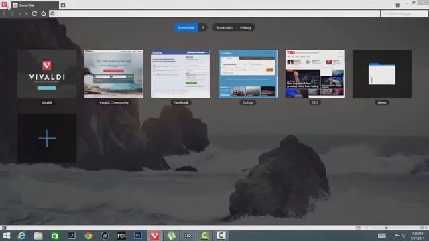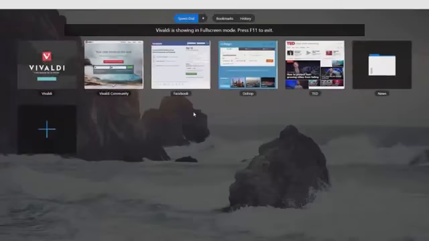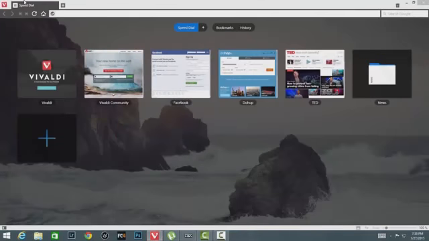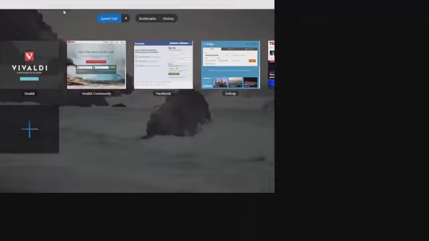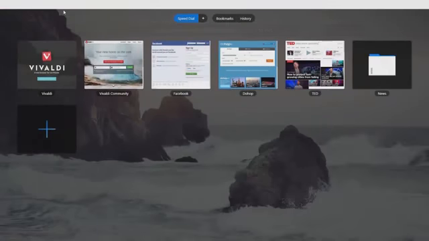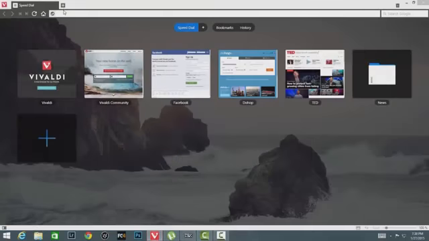And one more complaint is when you are toggling to full screen, the worst thing about full screen is you can't access the address bar. You can't change the website. Now you're stuck. What do you have to do? You have to go back to normal windowed mode and change the address. This address bar is not accessible when you are in full screen. That is one of the things they have to see, and they have to correct it in the final version. Otherwise, I don't know why they are giving the option of getting into full screen.